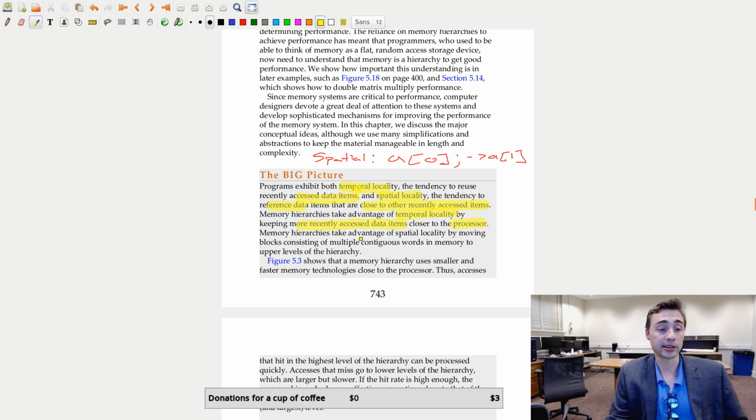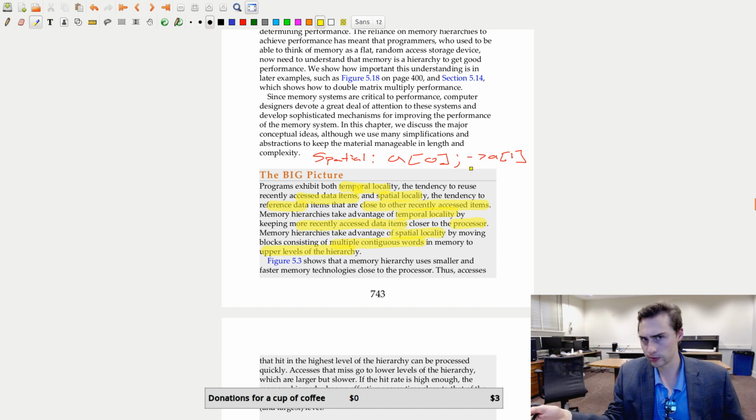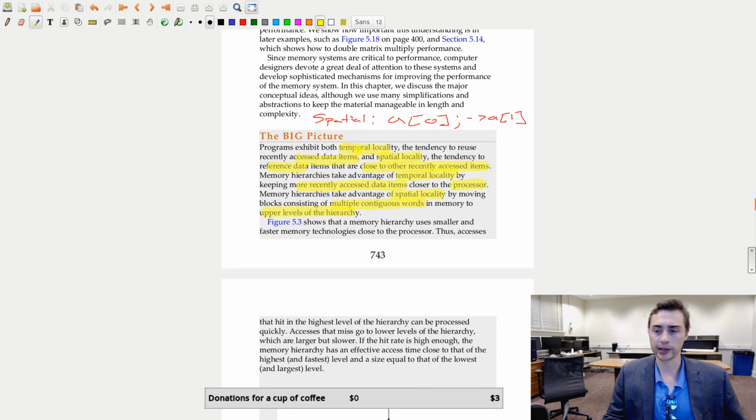Memory hierarchies take advantage of spatial locality by moving blocks consisting of multiple contiguous words in memory to upper levels of the hierarchy. So if we access, say, A0, we're going to design a system where it brings A0, A1, A2, A3, A4, and so on into the L1 cache. That way,